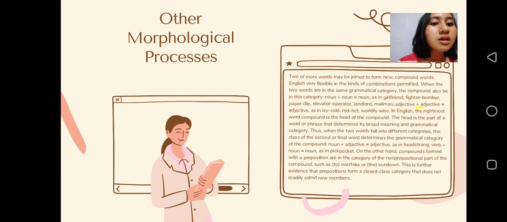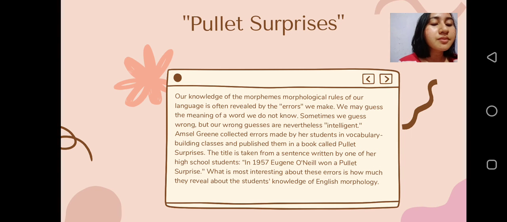Next is an explanation about other morphological processes. Bullet surprises. Our knowledge of the morphological rules of our language is often revealed by the errors we make. We may guess the meaning of a word we do not know, sometimes we guess wrong, but our wrong guesses are nevertheless intelligent. Anne Green collected errors made by her students in vocabulary building classes and published them in a